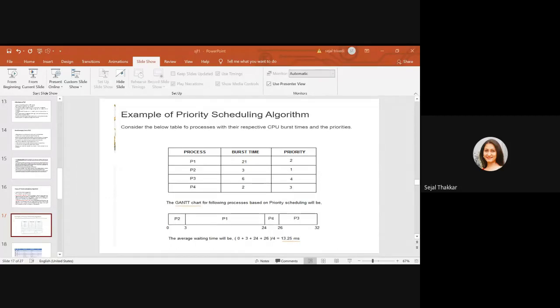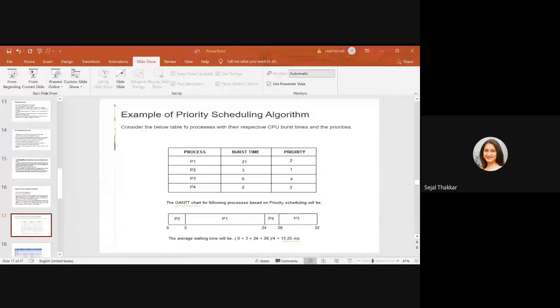So processes P1, P2, P3 and P4 are given, and the arrival times of the processes are different. You can see here. The first criterion is to proceed by arrival time, minimum arrival time, because if the process has not arrived, how can we proceed? It should come into the ready queue. If it has not arrived, we cannot process it. Only a process which has arrived can be processed.